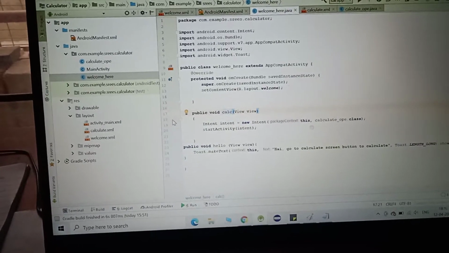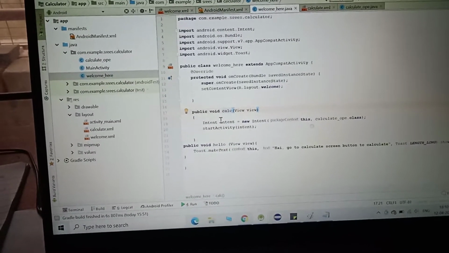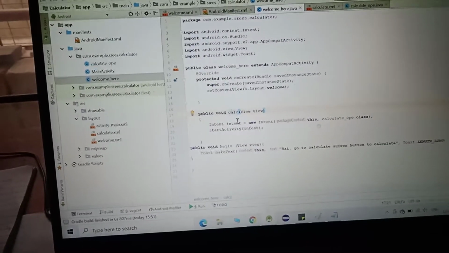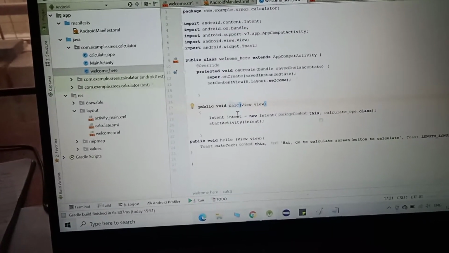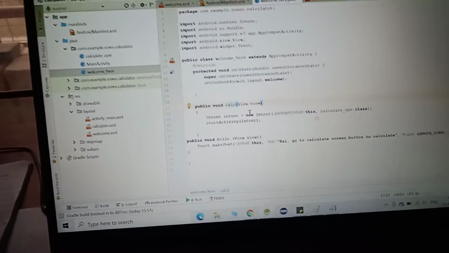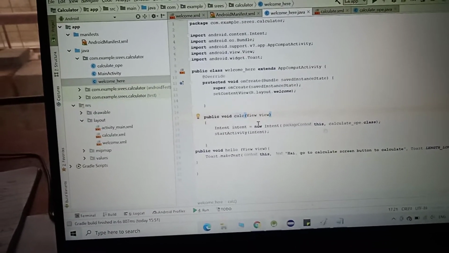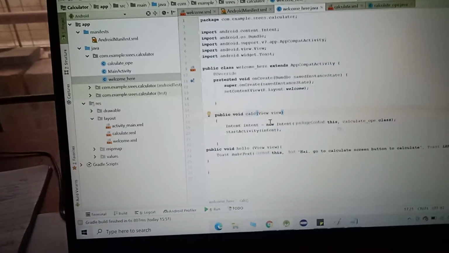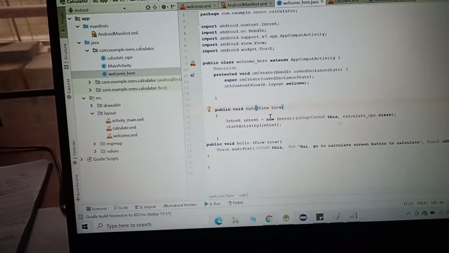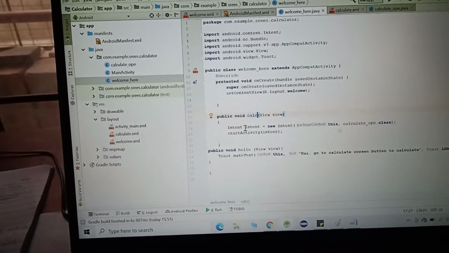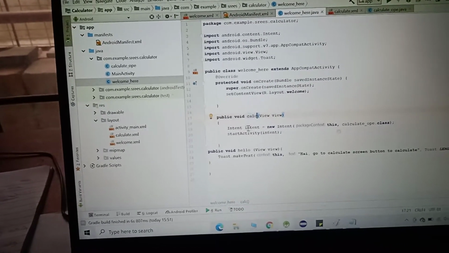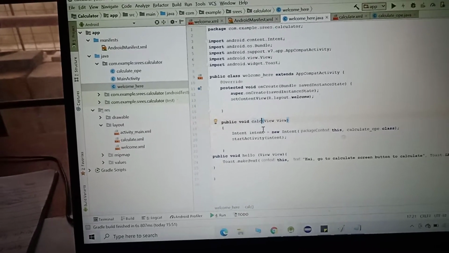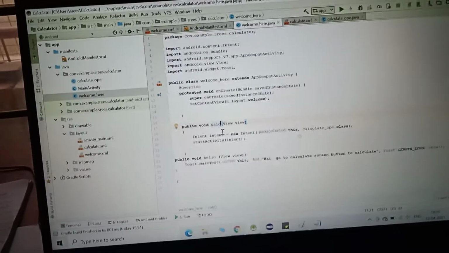So the on click method which I showed for that button is calc, which I have given. So public void calc, I am creating the method. This is the class and this is the object. This view is a XML Java class for this. In this class I have created the object as parameters. So I told intent, which combines the front end and the back end. So I created a new object intent. Creation of an object is class name, space, object name equal to new class name. This is the syntax in Java. So I have used the same thing here.